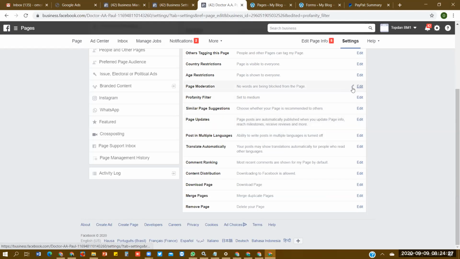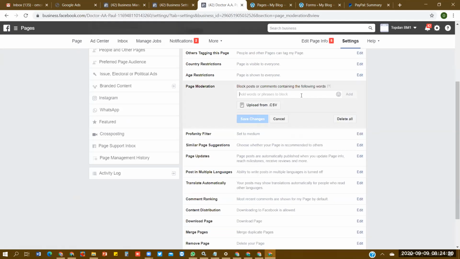Then you also go ahead to set the page moderation. The page moderation, now these are the words that you don't want to show. For example, some people would, on your comment or on your post, make comments like this is a scam, you are a thief, you cause raining curses on you and the like. So to guard against things like that, because when someone says this is a scam, another potential customer seeing that would be discouraged. So just to guard against those words, you just select those words, type those words here,